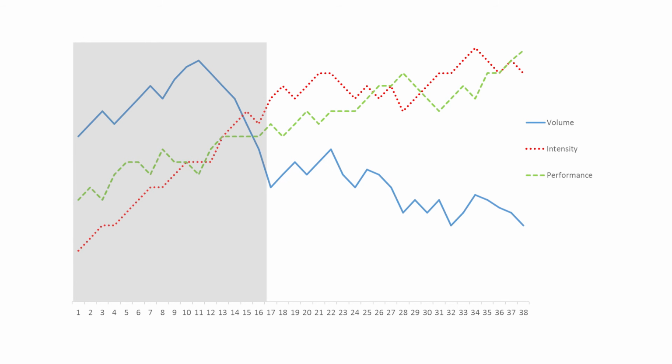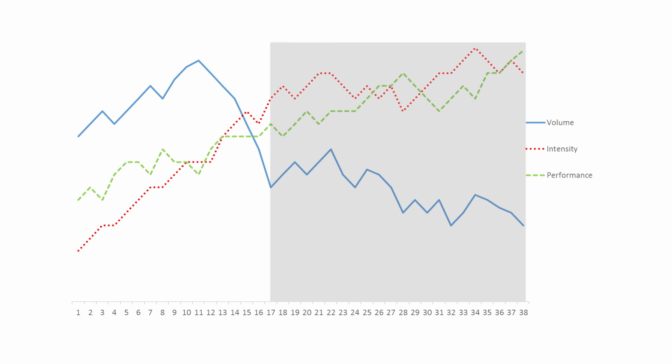In this phase, there is a consistent increase in the weekly volume with planned recovery every 4th week. These recovery weeks are depicted by the drop in volume and maintenance of intensity. As we move into the competitive season to account for the residual fatigue from competition and training, the weekly volume gradually decreases across the period. This is to avoid the athletes becoming overtrained. As discussed in part 1, the recovery is just as important as the training stimulus.